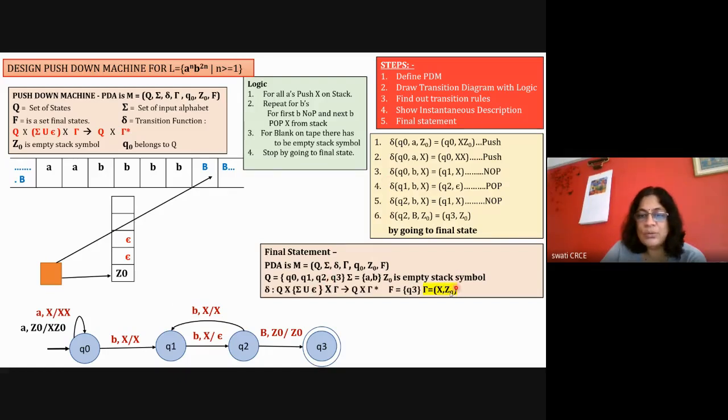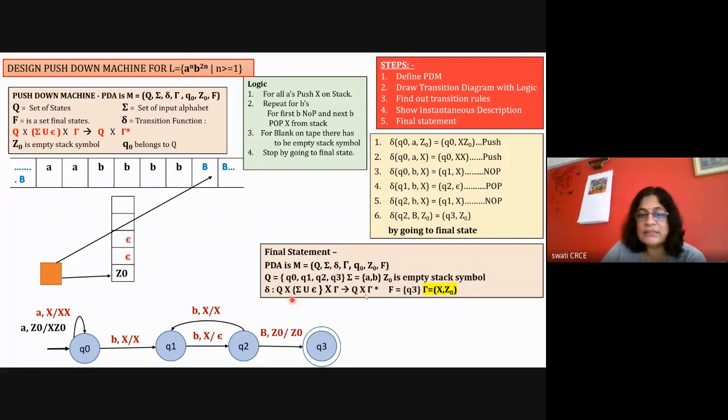Rho is equal to, write down rho here. Rho is the stack symbols. So on the stack we can write down capital X and Z0, and a blank symbol also you can write down if you want. Otherwise it's understood that it is a blank symbol on the blank cells. Okay, so rho is equal to X comma Z0. And then write down the definition of delta here. At least once you need to write down this delta.